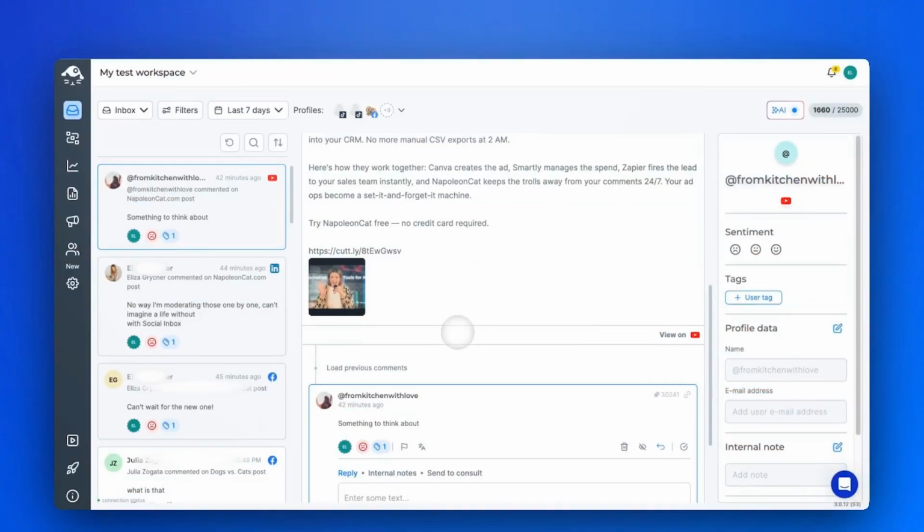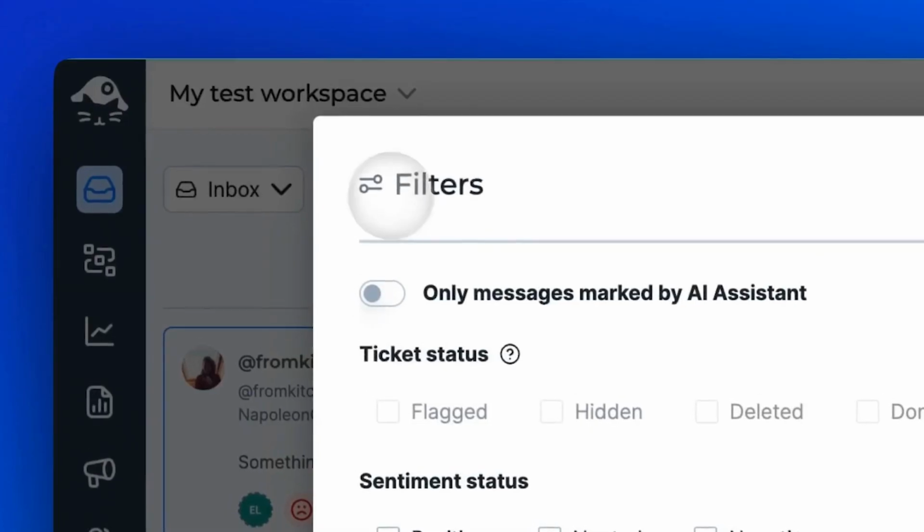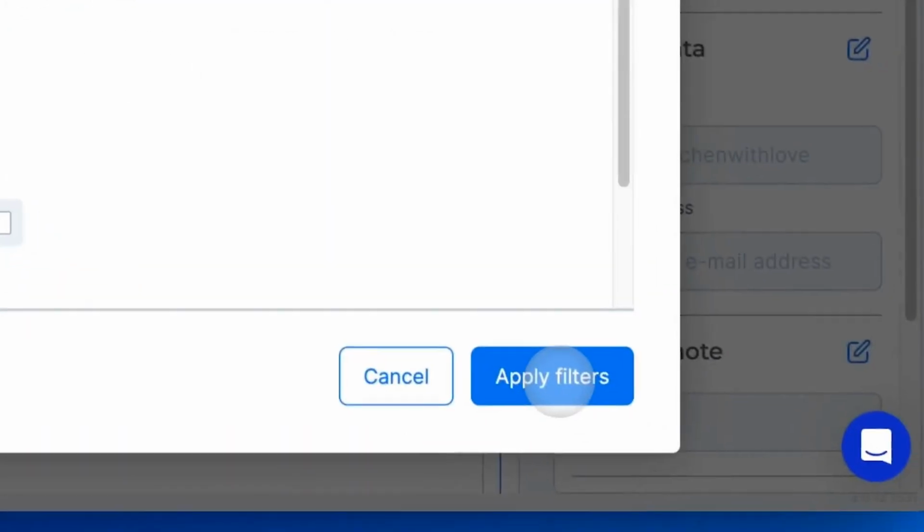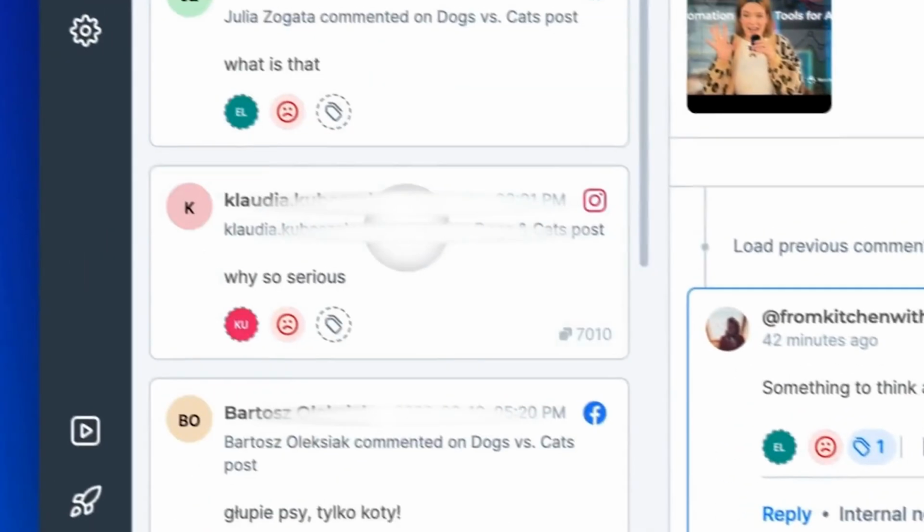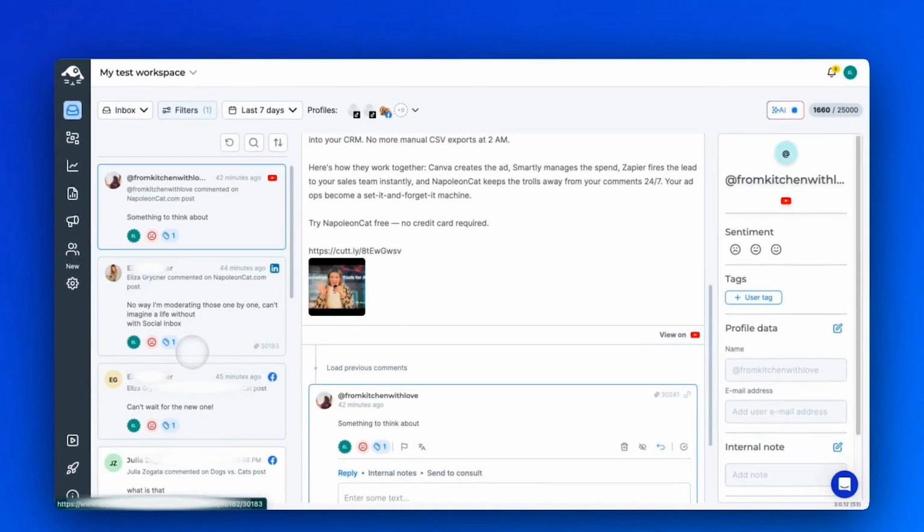You will see one platform spiking up with negative comments, that's a red flag. 3 platforms at the same time, that's already a crisis in progress. Without a tool, your team would be checking this manually on each platform separately. The crisis is spreading out on TikTok while your community manager is maybe still catching up on Facebook comments from an hour ago. That's where things go wrong.